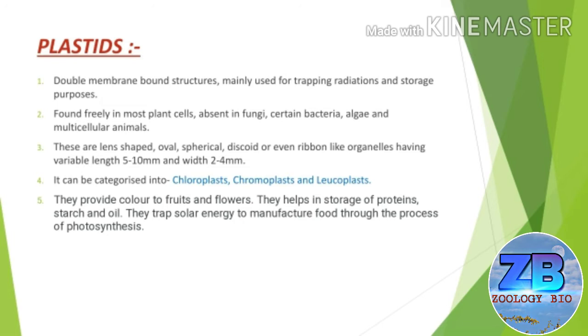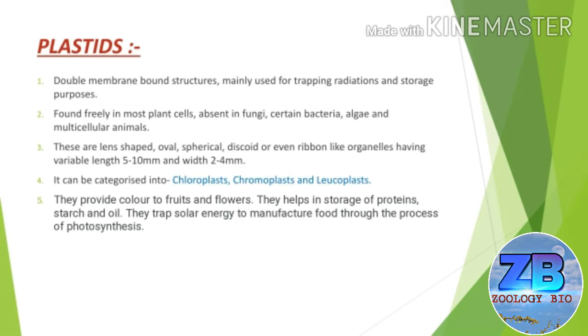All these plastids have more or less similar structure. It is due to the fact that different types of plastids are formed from one another by means of binary fission. The function of plastids. Many chloroplasts are prime sites for photosynthesis, that is, formation of organic compounds from inorganic raw materials.